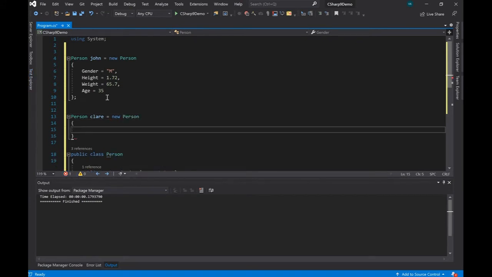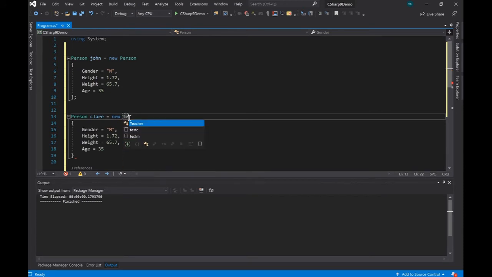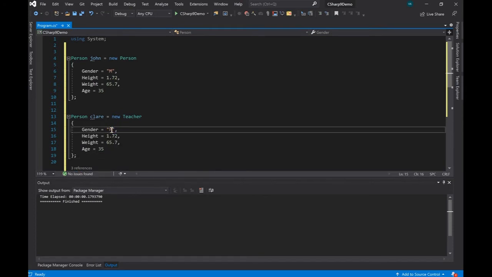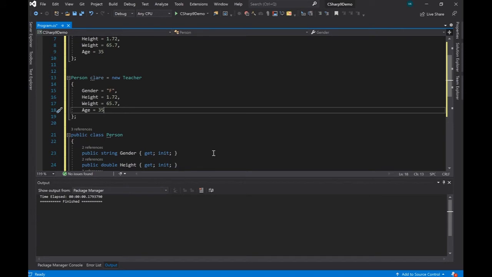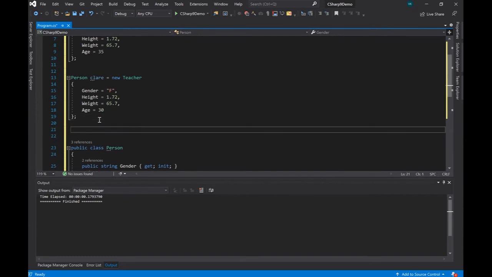I'm pretty much going to copy everything here and just paste it. I'm going to have a Teacher instead, with Claire, and change this to some more fields, and maybe change the class to HD30 just to make it a bit different. Now the same works here as well. Now if you just go and hit clear,